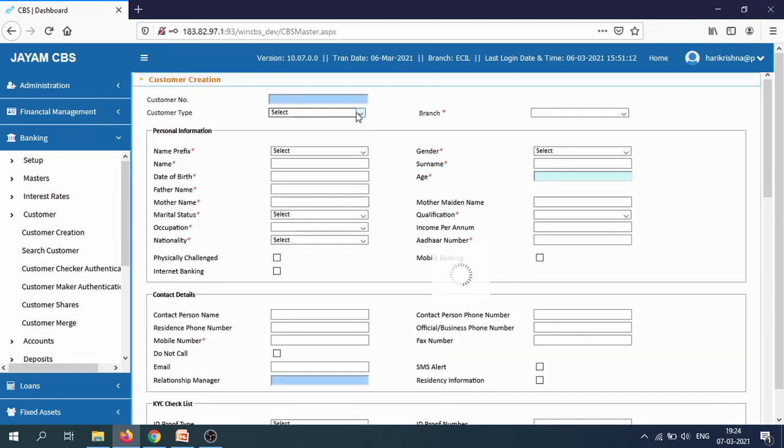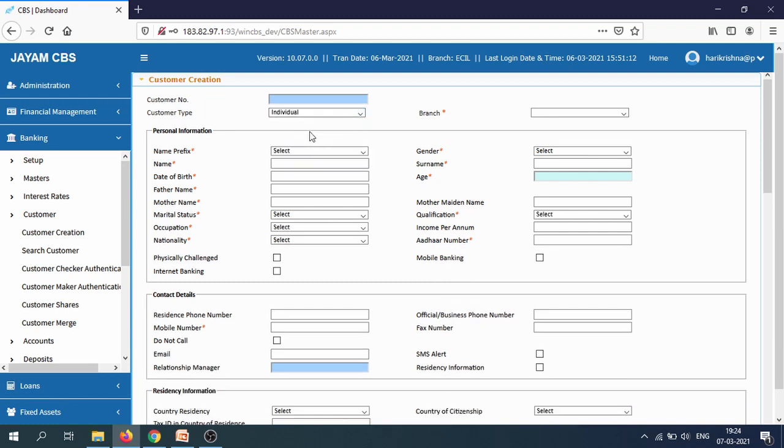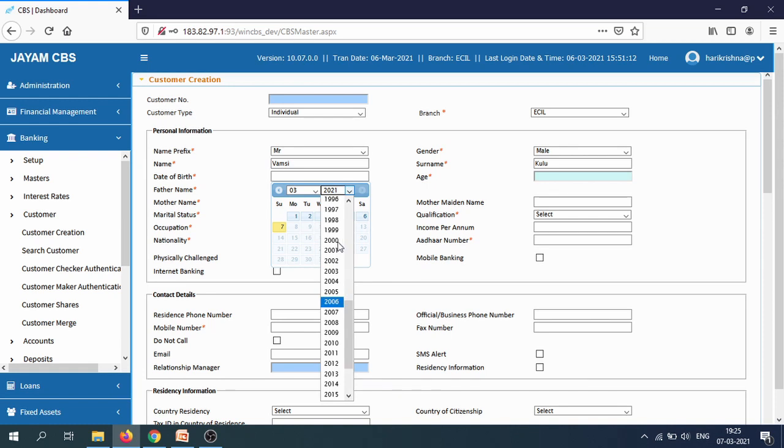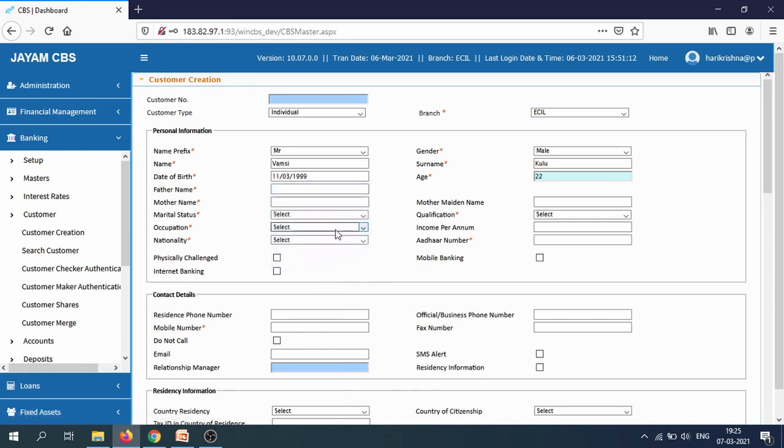I want an individual customer. So individual customer, the branch has come automatically. I'll say Mr., male. Vamsi. Date of birth. Father's name Hari.